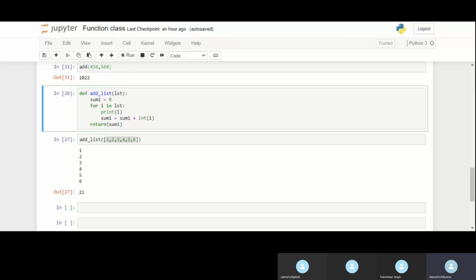Got the question, right? So you have to write a function where you have to pass 2 arguments. So the first condition would be